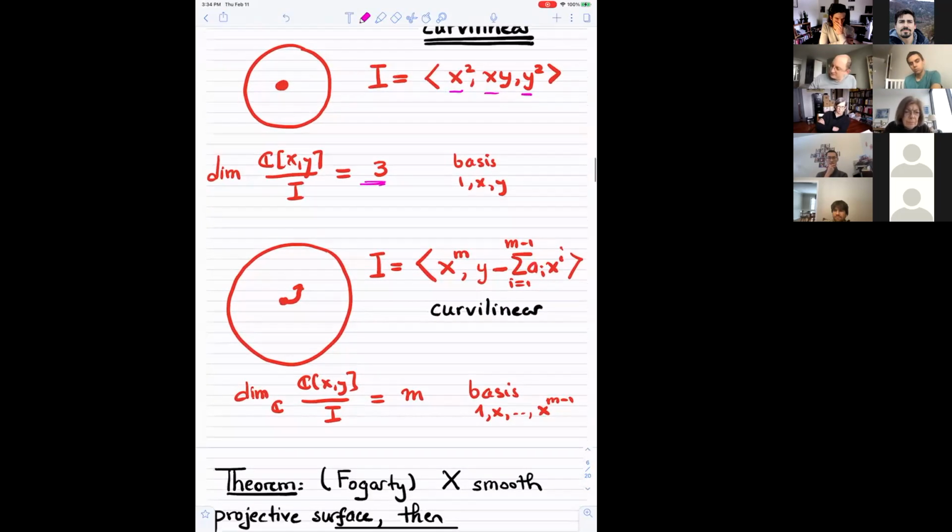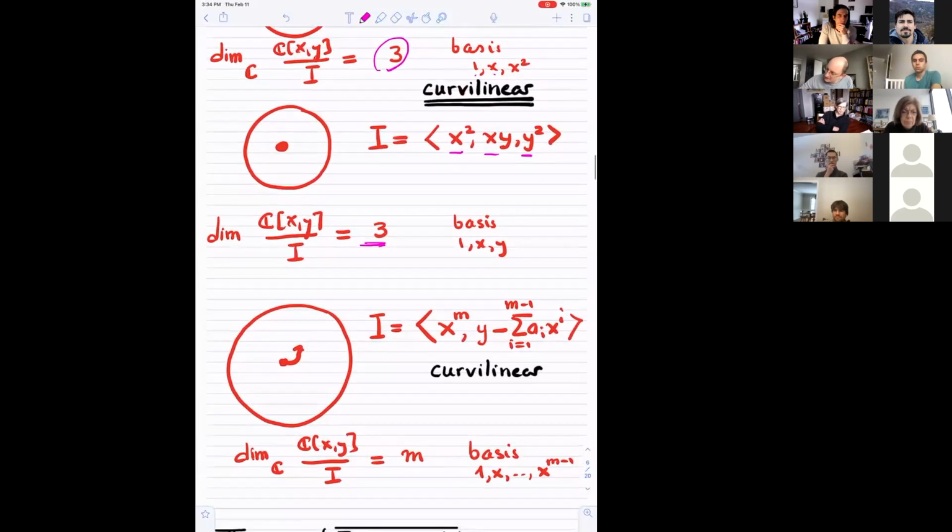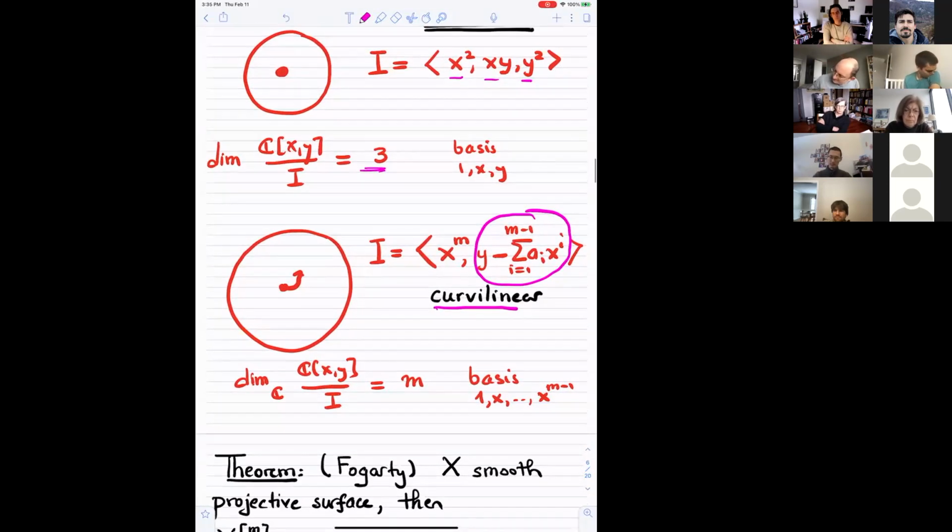For instance, there is an easy generalization of this example. Say that you look at the ideal generated by x to the m and y minus a1x minus a2x squared, and so on, up to a_{m-1}x to the m minus 1. Again, these things are called curvilinear because they lie on a smooth curve, right? And the dimension of this thing is m, and it has a basis given by 1, x, up to x^{m-1}. All right, so there is a big miracle that really happens when the dimension is 2,